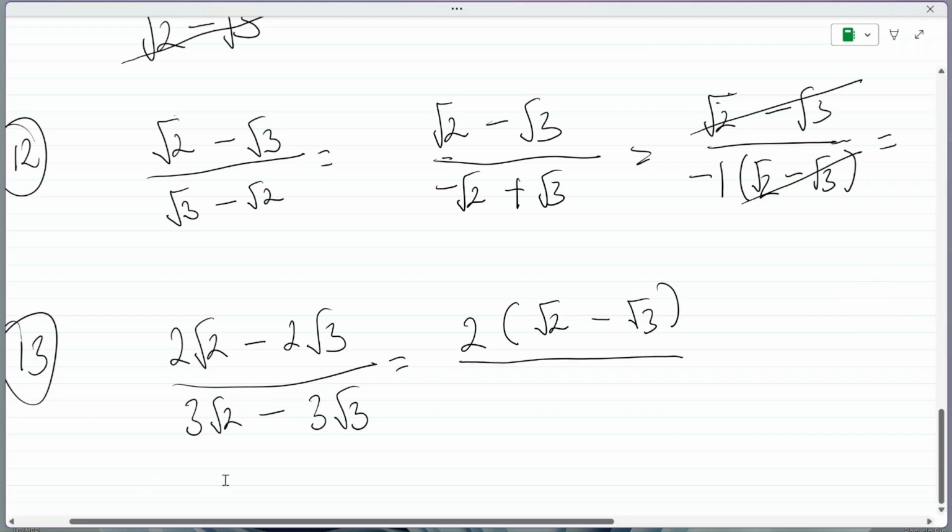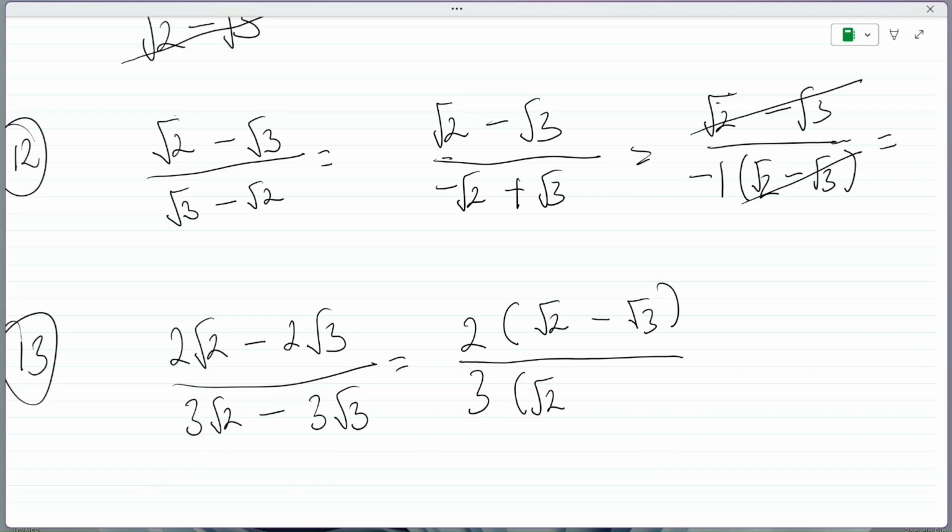Over. At the denominator, we have 3 in common. We bring out 3. You open our brackets. If you take out this 3 from this 3 root 2, let's say this 3 goes off. You'll be left with root 2 minus. The 3, you take it out in this 3 root 3. The 3 will take this 3 off. You'll be left with root 3. You have root 3 behind. You close your bracket. At this point, we see that the surds in bracket are the same at the numerator